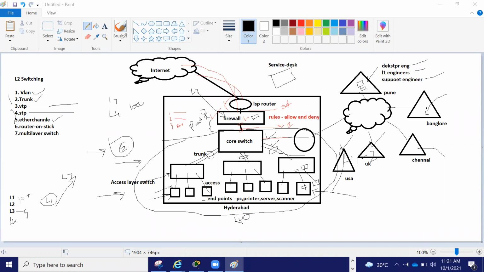And Hamid Ali and Shahid, you guys are present today because you have given attendance. Thank you. Okay, so now if you look here, what is the drawback? Just look here. If you have all the LAN, everything is working fine, but can you see this is the hardware? You have single hardware. If this hardware went down, what will happen? If this firewall went down, what will happen? If this router went down, what will happen?